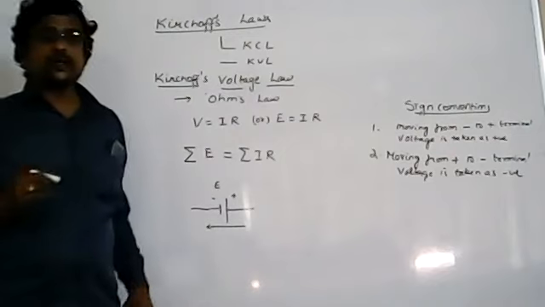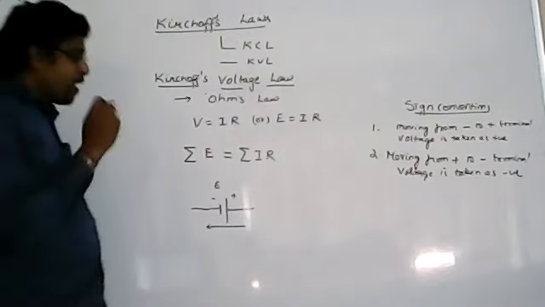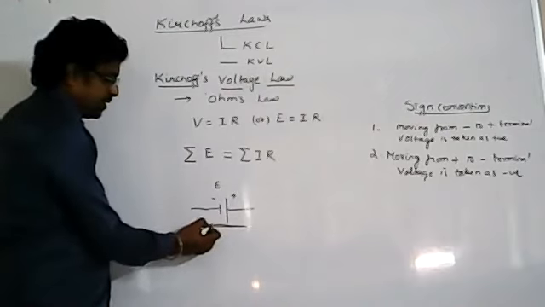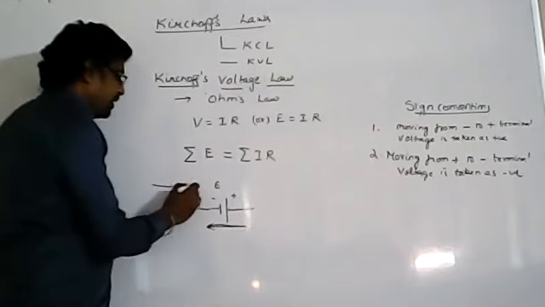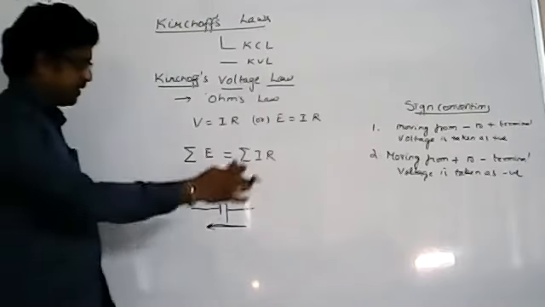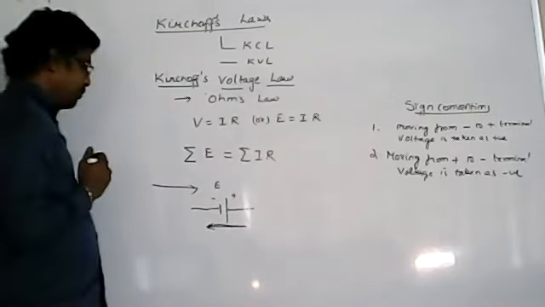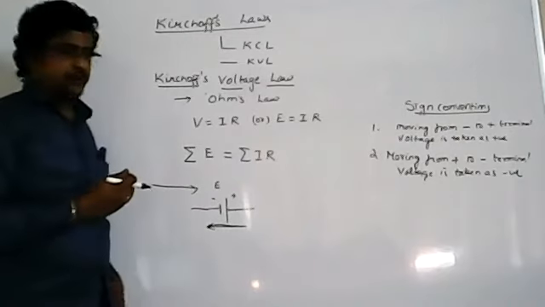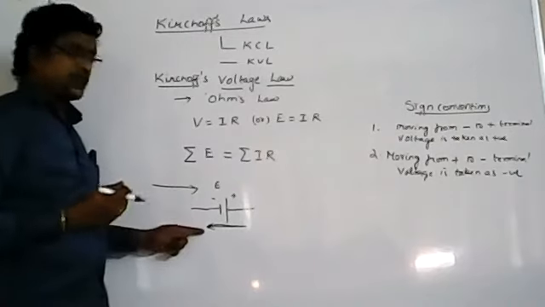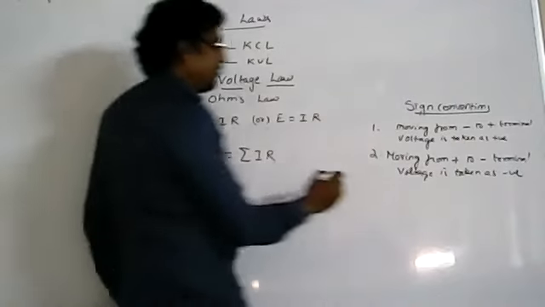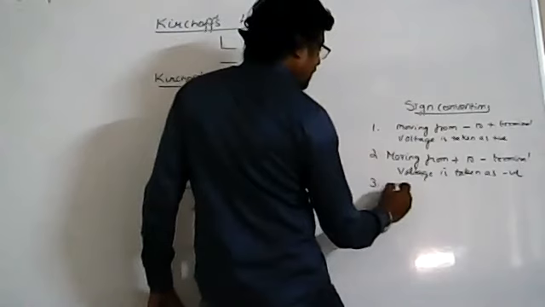And now the current comes into the picture. For example, the current is flowing from right to left and I am moving from left to right. That means I am opposing the direction of current. If I am opposing the direction of current,